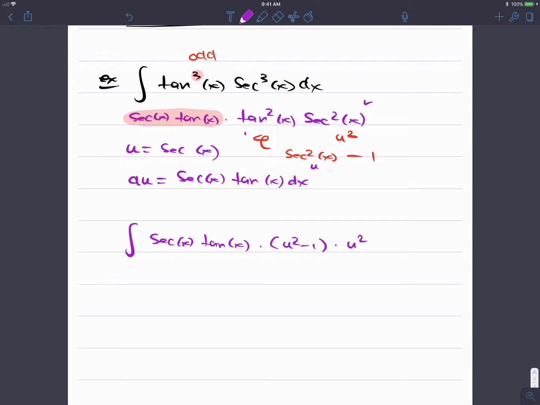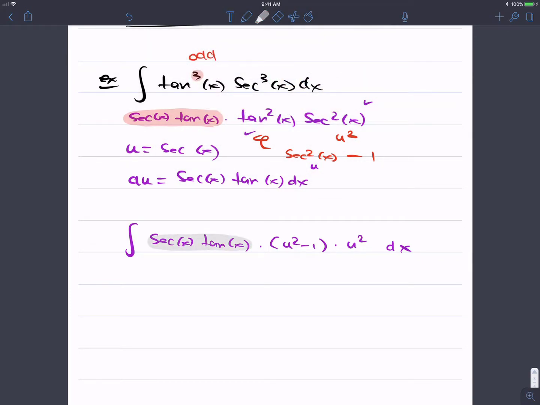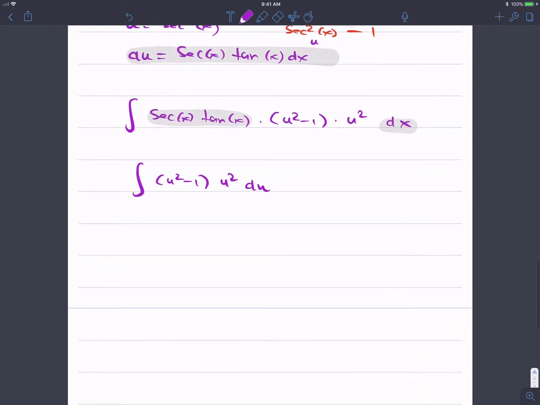So I already used this identity, and this will now be dx. So let's remember that secant tangent dx is what we replace with du. So this is the integral of u squared minus 1 times u squared du, which is u to the